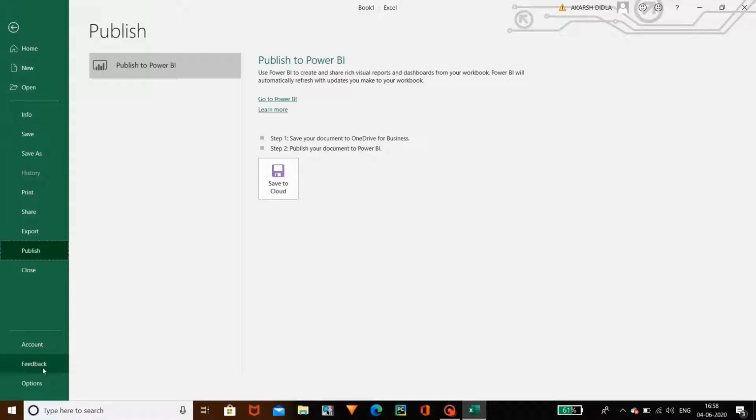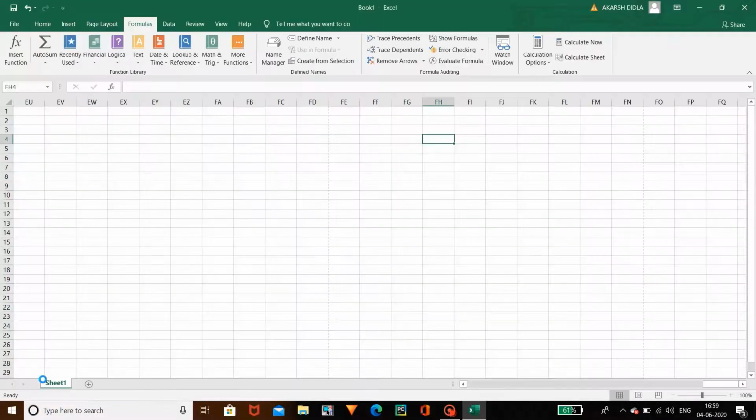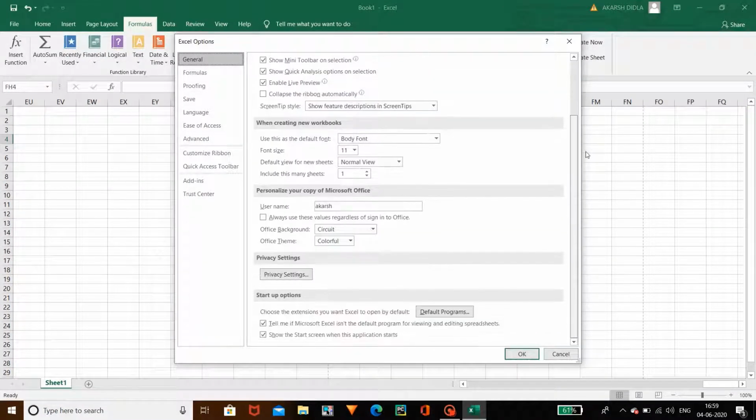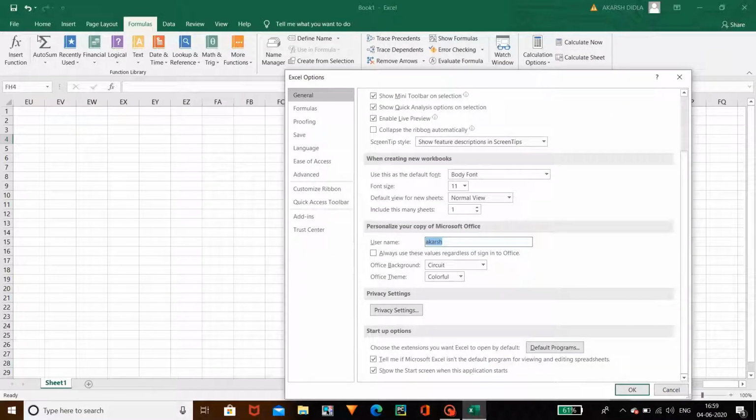account, feedback and options. Account means your account, you can see on the top. And the feedback means you can see here smiles, you can give the feedback. And coming to the options, there are several options available for us. And you can check out these options line by line at the last. And options are nothing but about your name and the body type and font size. Same you can see here in the home too.